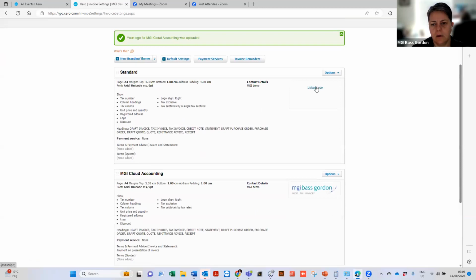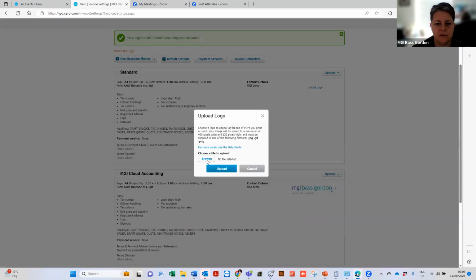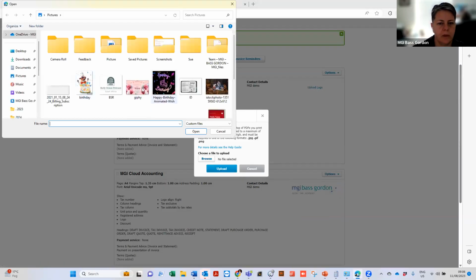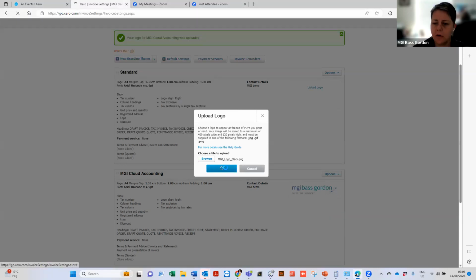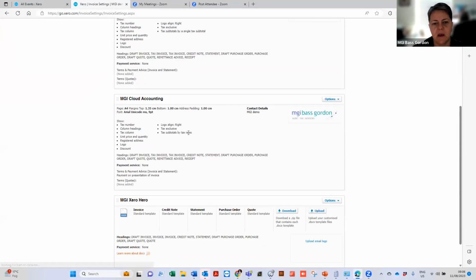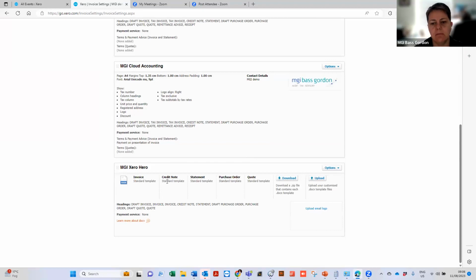And then on this theme, I wanted to use a different logo. And we'll go with black and white. So just to give you a bit of an example, you can have those different themes. You can also, if you want to, move or change the statement or invoice look and feel,